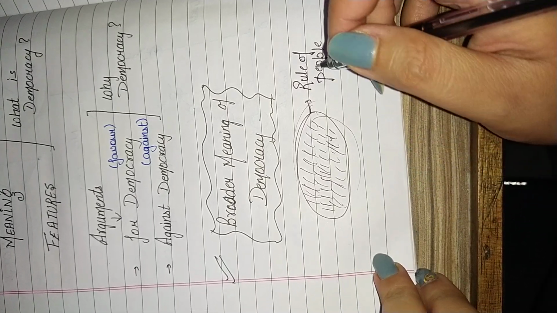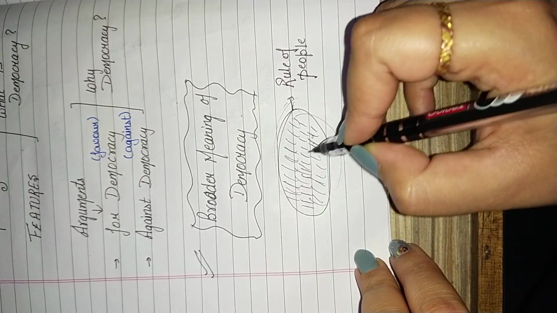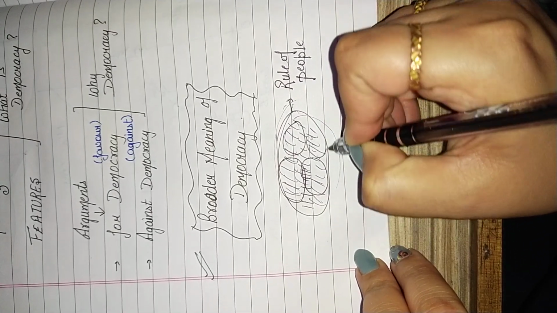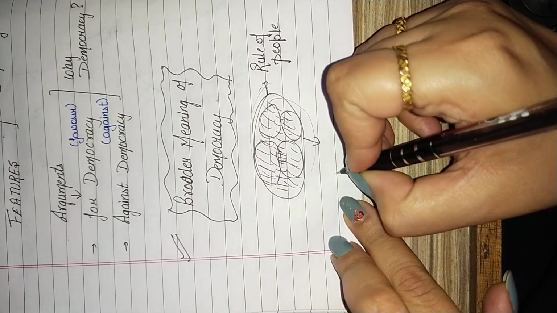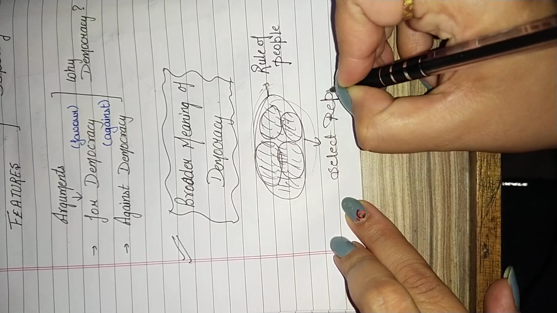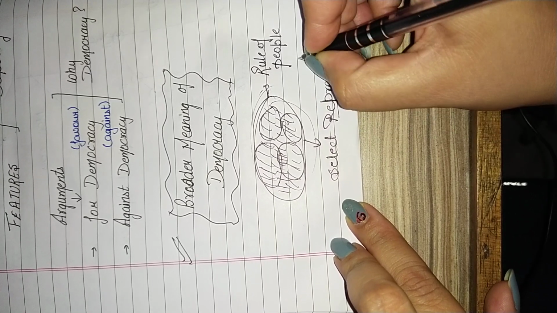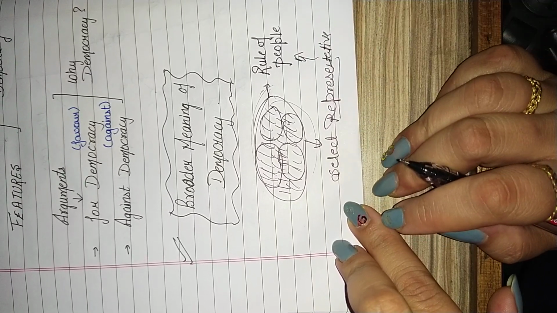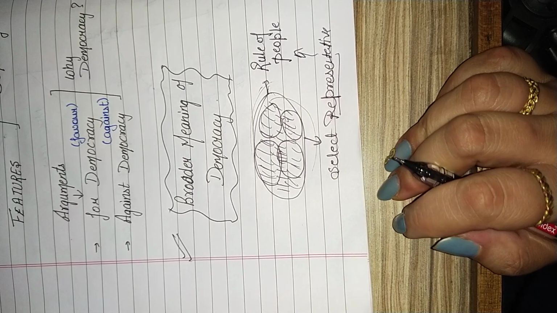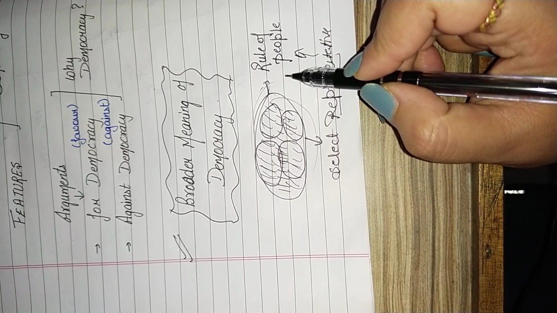So in this way, when the rule of people is here, in this situation, people select their representatives from the different groups. What do they do? They select the representatives, and these representatives take decisions on behalf of the people. Clear? As well as somehow if the government gives a chance to rule in a country, or to